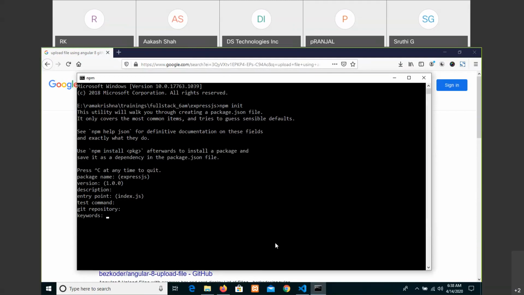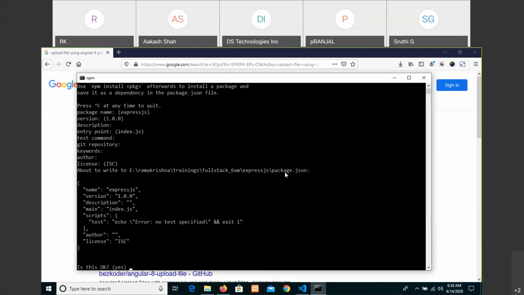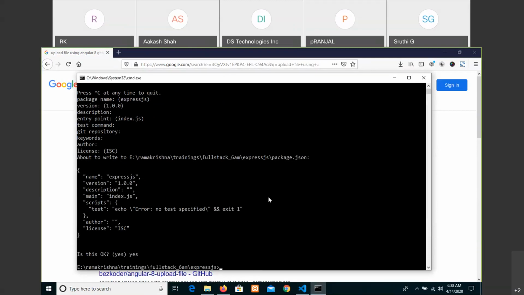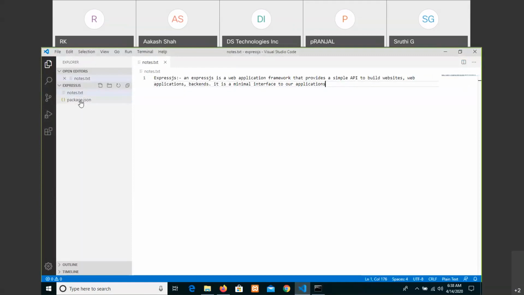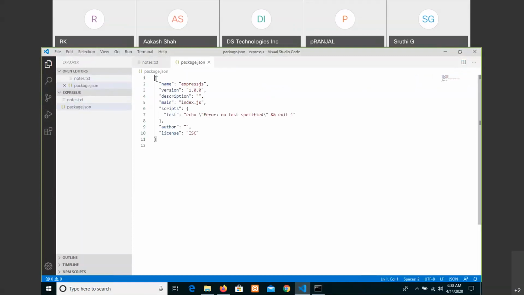Okay, keywords, author, license, and whatever we have done, and then the package.json file is created. Open it: name, version, description, and so on. Now we want to work with Express right now.